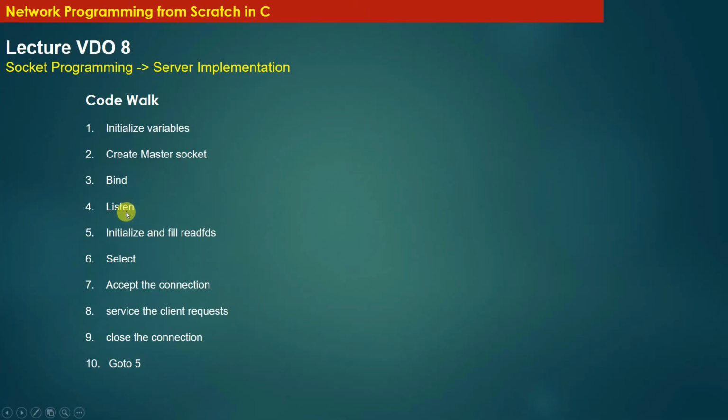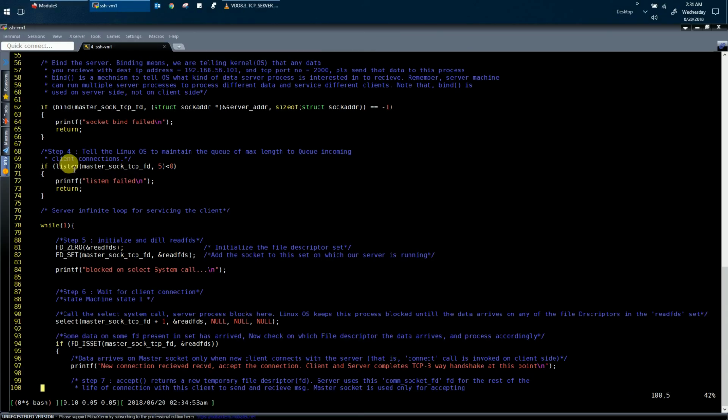Then the next step is the listen system call. So through the listen system call, the server process tells the operating system to maintain a queue of max length 5, because we have passed 5 as the second argument to the listen system call. And with the listen system call, the server process is instructing the underlying operating system to maintain a queue of length 5. So what happens is that it might be possible